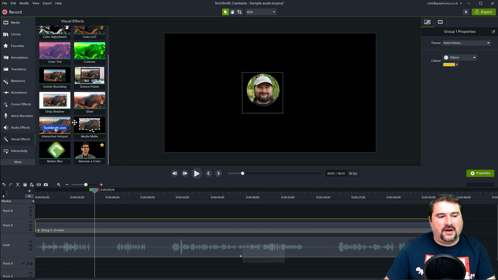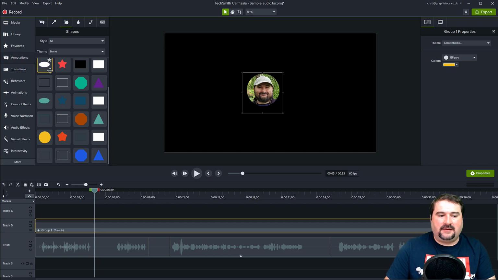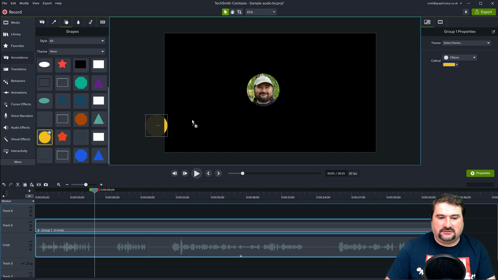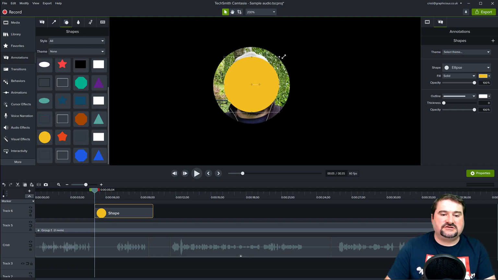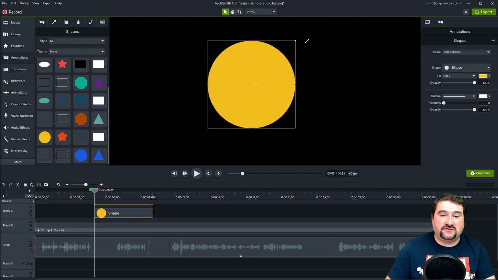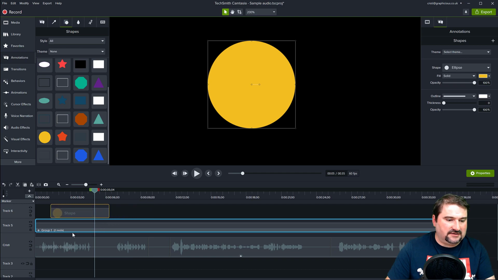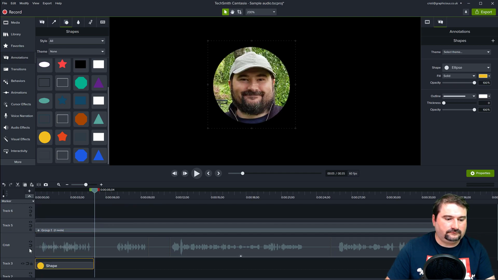You can create a nice graphic and you can make it pulsate all the time. We're not worried about the waveform right now. So what I want to do is go to the annotations, and I'm going to draw another circle. So I'm just going to put another circle in here. So this one, let's Control Shift and make it larger than the picture, and let's put it at the bottom there.